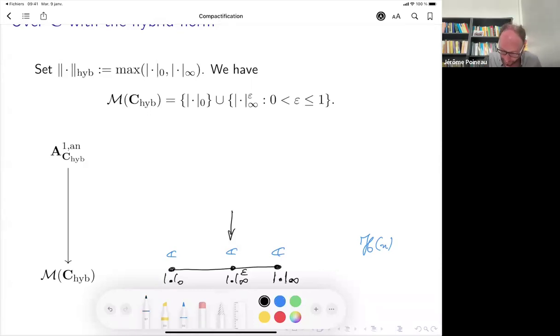Okay, and so here, over the point there, I should draw the Berkovich space over C with the usual absolute value. So it's exactly the usual complex numbers. That's just a copy of C, and you just get a copy of C everywhere over all the points where the absolute values are powers of the usual absolute value.